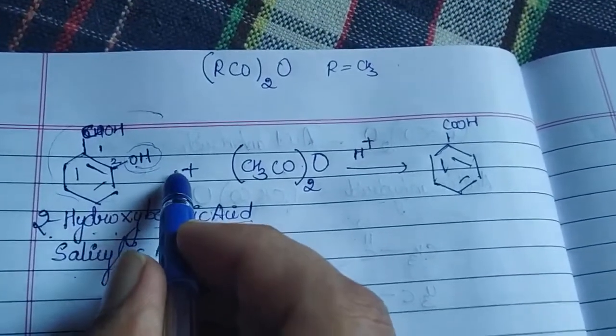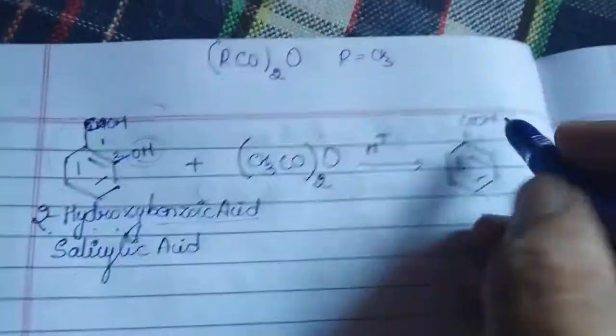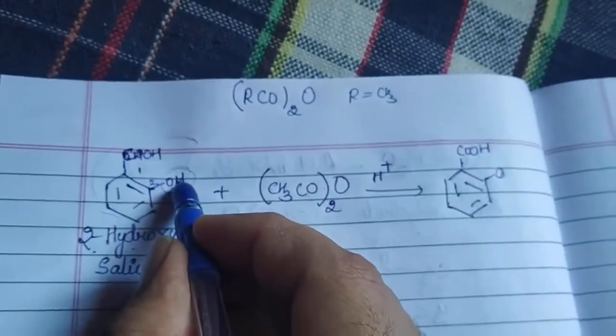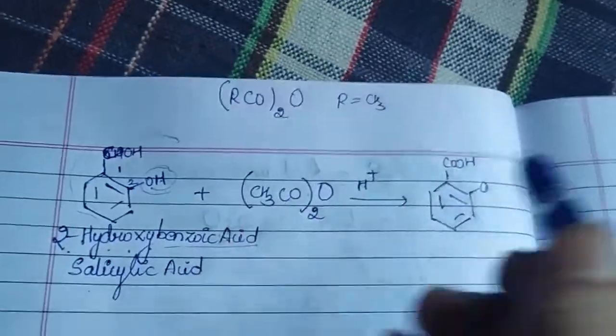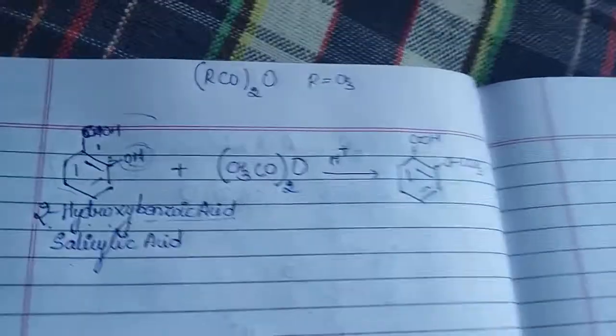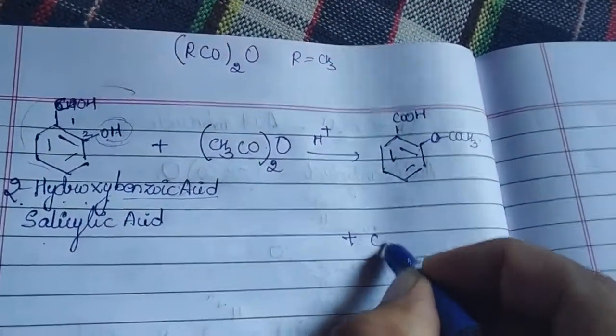And we know that the acetyl group is what? COCH3. Since it is coming under cleavage of the OH bond, what will be there? O will be there itself. It is replacing your H by the acetyl group. That is OCOCH3, and a byproduct as CH3